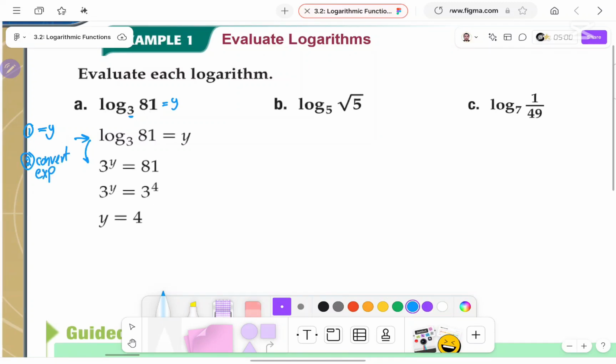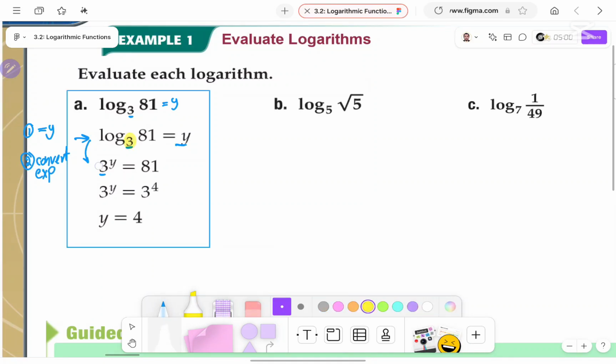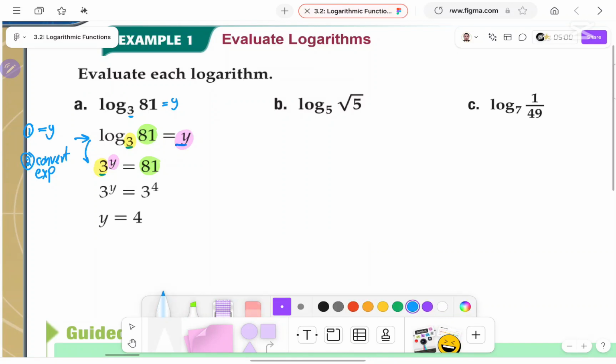So how can I convert to exponential? As we know, the base will be the base, and the equal sign will be the power, and the last one, the x that I have, will be after the equal. So this is how I can convert from log to exponential. Now after that,